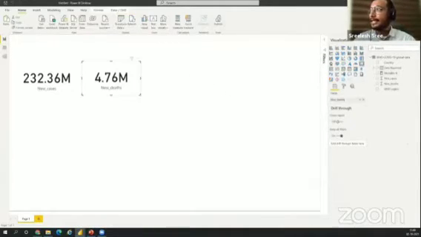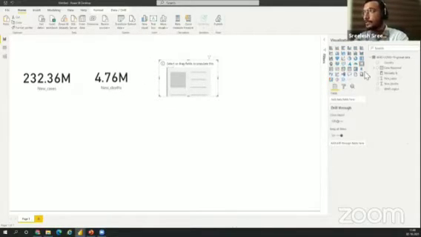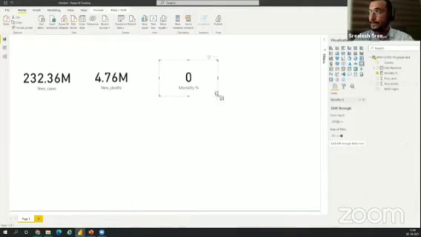Now I can actually choose this card. Either way, you can copy and paste it, and also we can choose the card. And I'm just selecting now my mortality percentage. And here it's coming 0. So I have to just